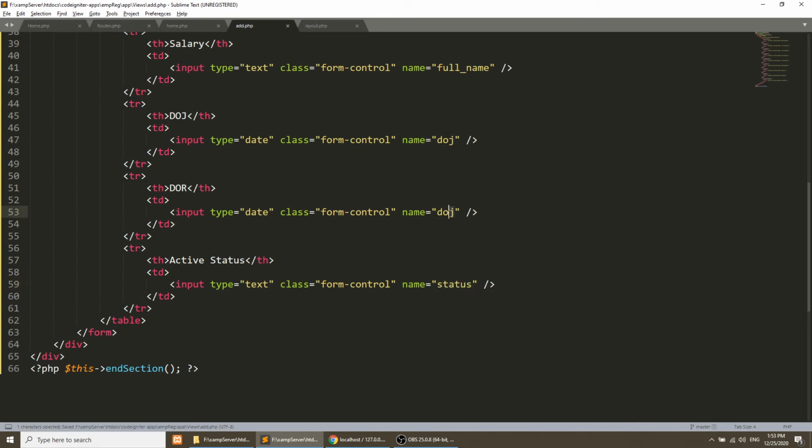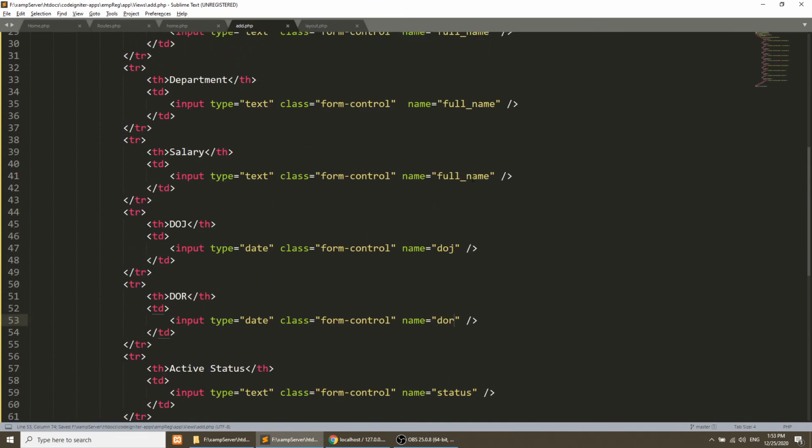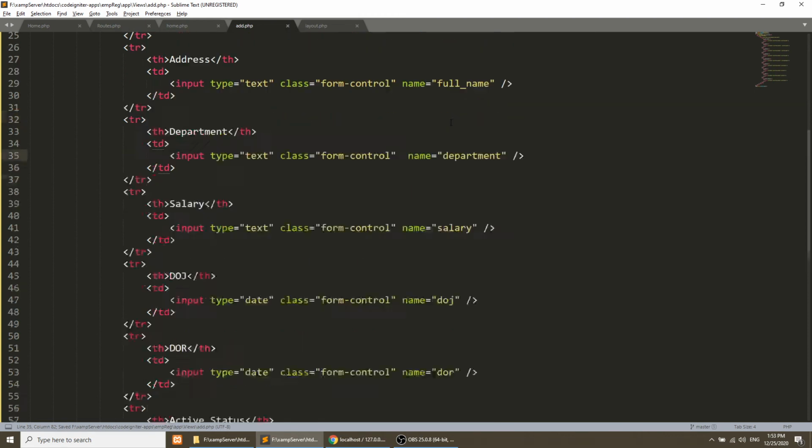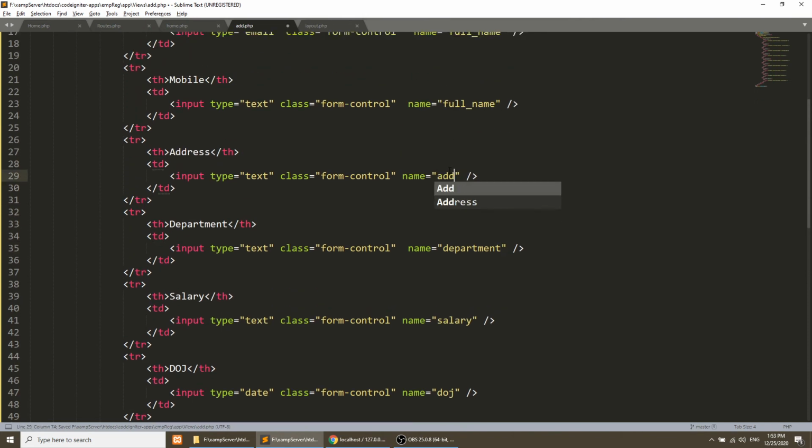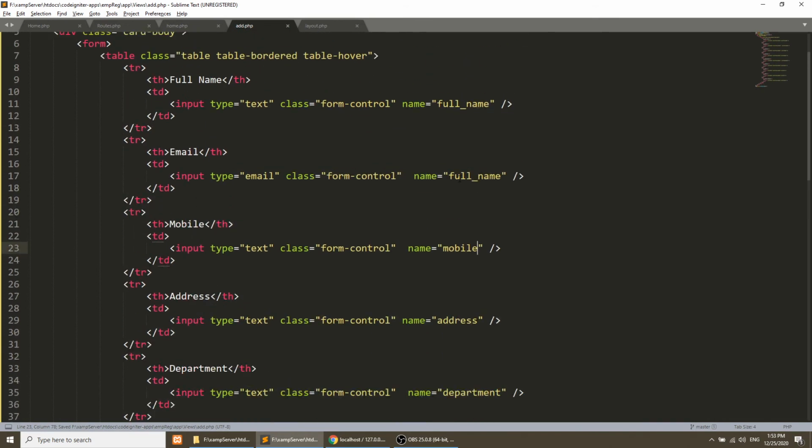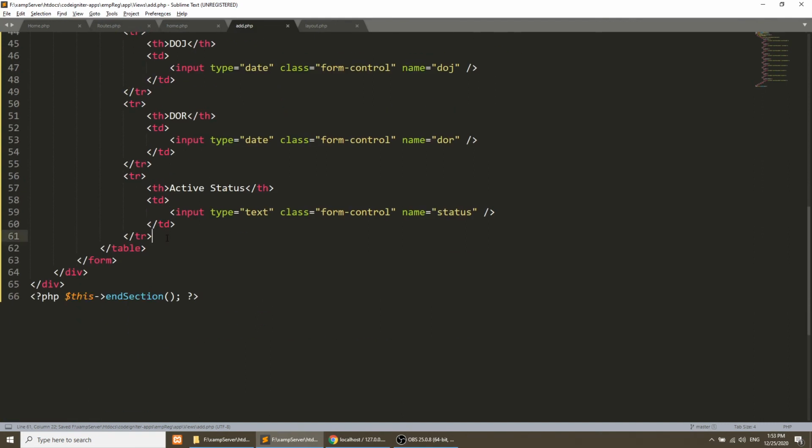Okay, and it will be a DOR. We are changing the name, and it will be salary, department. When we are coding, we also need to do some this kind of stuff. So mobile and email, and lastly we will create the submit button.